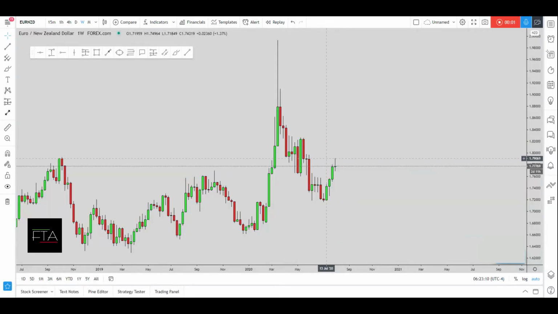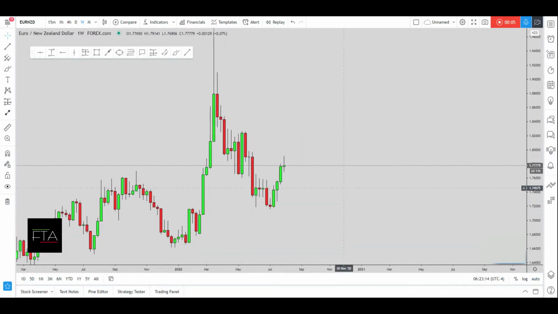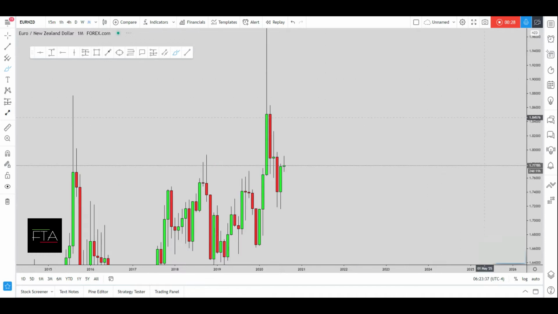Okay, so what kind of situation do we currently have on Euro NZD? Now, on the weekly time frame, we can see that clearly the market has created this W formation. And after a W formation in general, what do you want to see? You want to see the market give you a move to the downside, specifically to the previous resistance, which is now turned support. However, let's back things up a little bit and let's start our analysis on the monthly, going